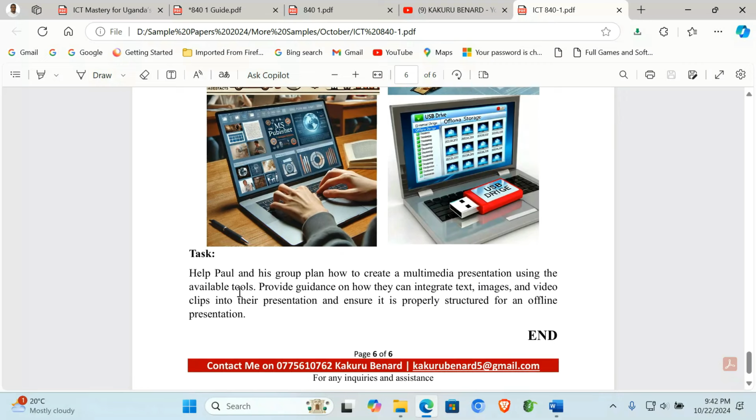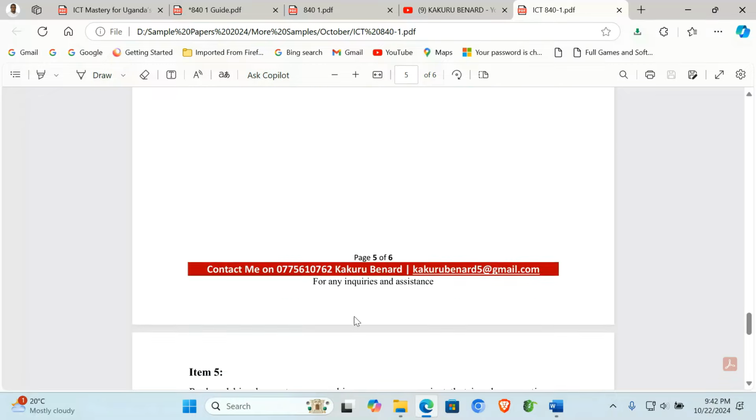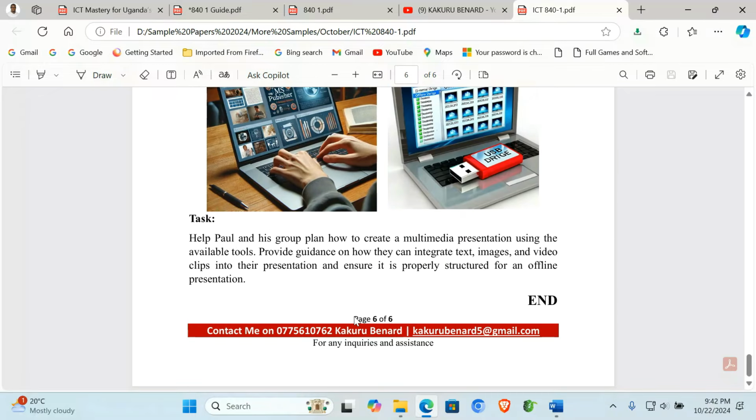So, task: help Paul and his group plan how to create a multimedia presentation using the available tools. Provide guidance on how they can integrate text, images, and video clips into their presentation, and ensure it is properly structured for offline presentation. That marks the end of this scenario paper, and my final responses will come in the next video,